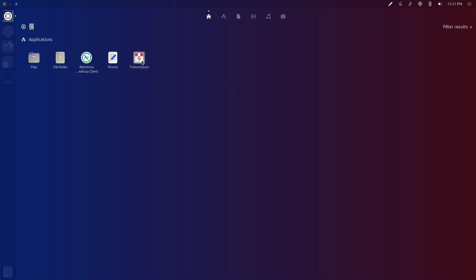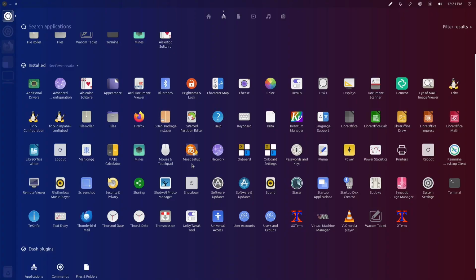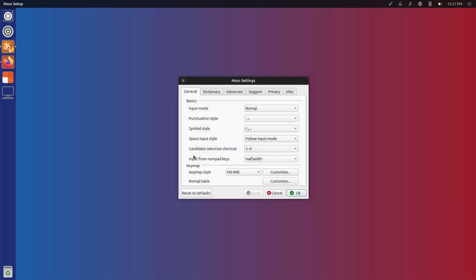Of course, you've got Transmission, which is a standard torrent client. We actually also saw that back in the GNOME 2 episode as well. So Transmission's been around a long time, I guess. What the fuck is this? MOZC? Okay.